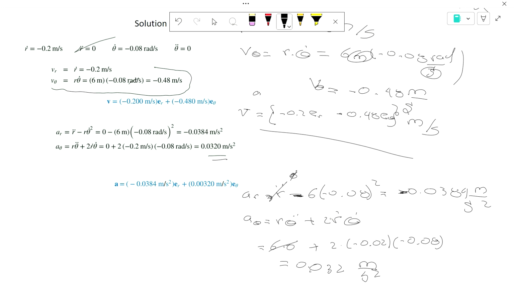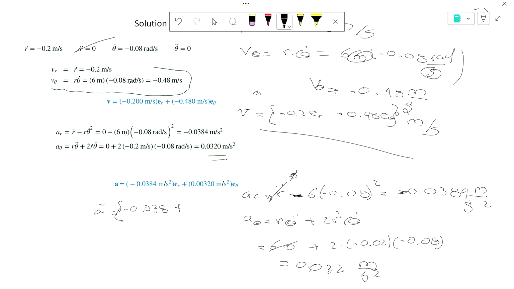So acceleration obviously is in meters per second squared. You don't have the radians per second squared. You don't have that term. It's meters per second squared. All right, so basically you combine those two terms, and the acceleration vectorial expression is negative